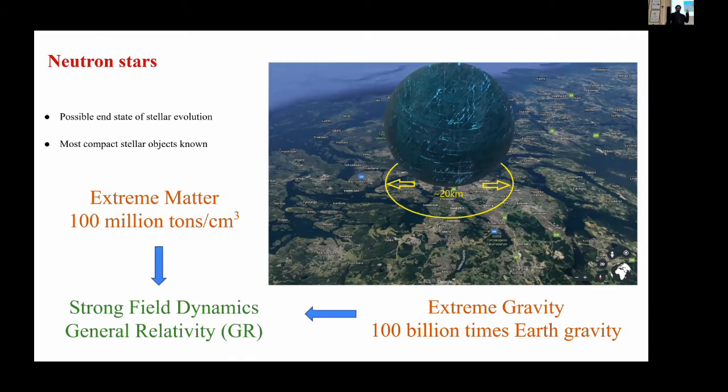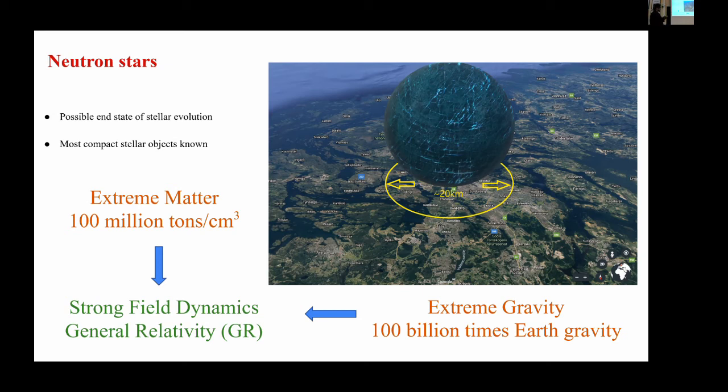And basically, I'll talk about some interesting properties of neutron stars and why we are investing so much time and energy to really understand that. So as we all know, these are possible end states of stellar evolution, and also one of the most compact stellar objects that we know. And if we were to compare a typical neutron star to an average sized city here on Earth, then it would look something like this here in the picture. And here you have a typical neutron star, which is like 20 kilometers in diameter. And as you can see, it fits right over Stockholm County. So it's not a very large stellar object.